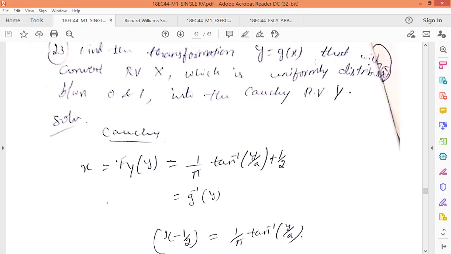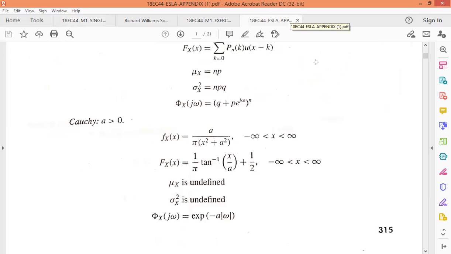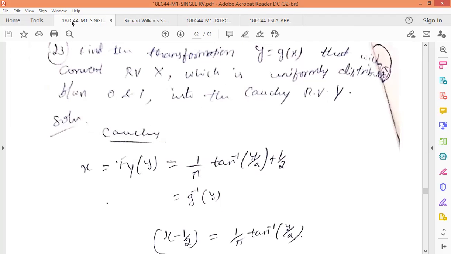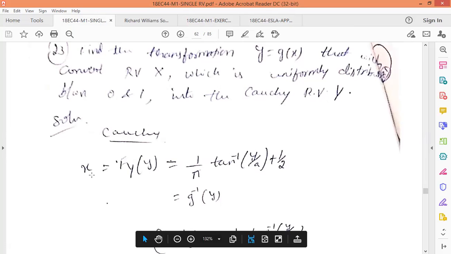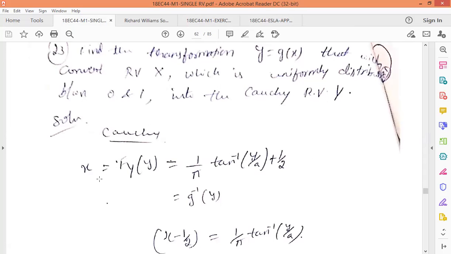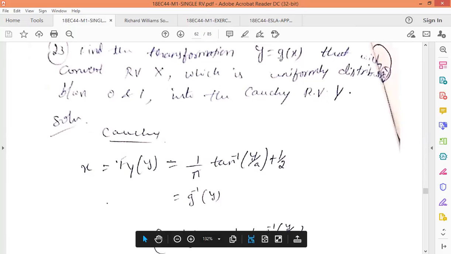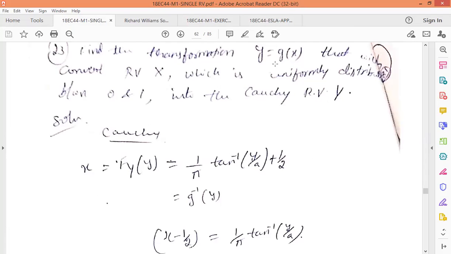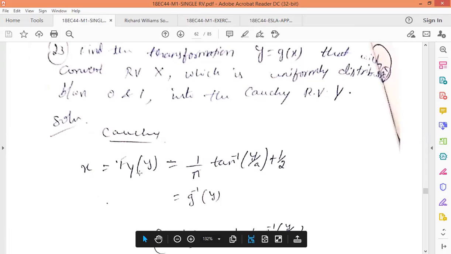But the equation that we see in the appendix is in terms of the random variable x. So instead of using the random variable x, we need to convert that to y. As we know, we can write x is equal to Fy of y, which is nothing but the reverse function. As we have seen, y is equal to g of x can be written as x is equal to g inverse of y. Using this we can write x is equal to Fy of y, which is nothing but the CDF of the Cauchy random variable.